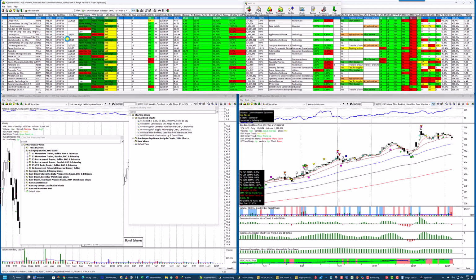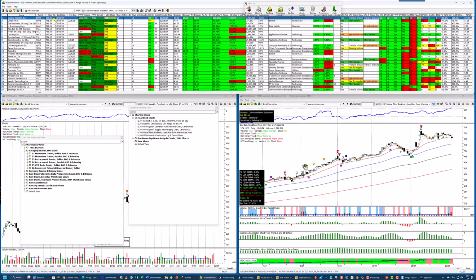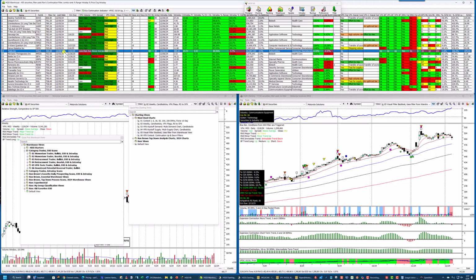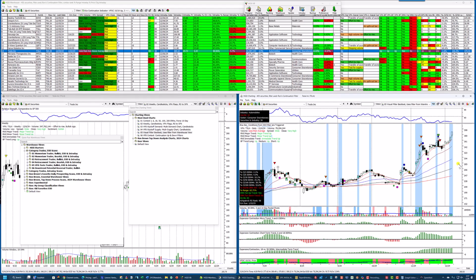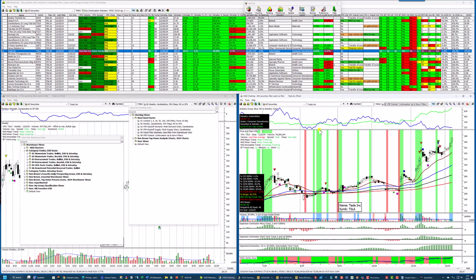So I'll just go ahead and show you that right now as soon as this updates. So I'll just click on Tesla. And every time a blue bar appears here, it is transferring the fields from this filter in the warehouse view to this chart, and it shows me when the conditions were met for continuation. Now the next chart, number 6, is a continuation chart which uses green and rose lines, so when the conditions for continuation either up or down are met, the line is